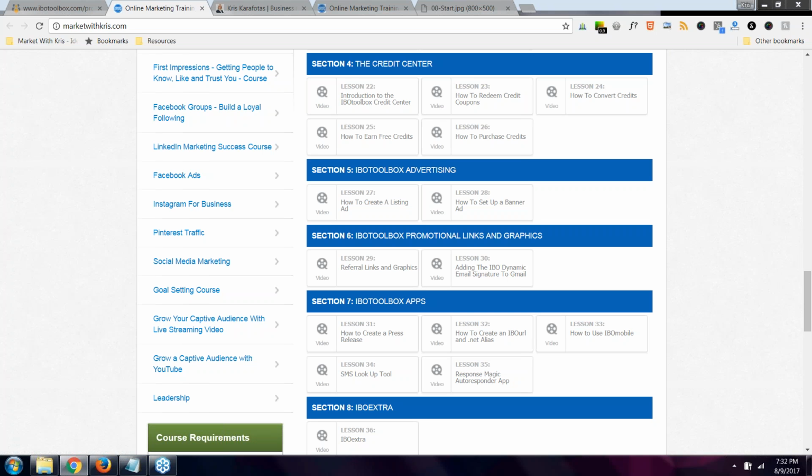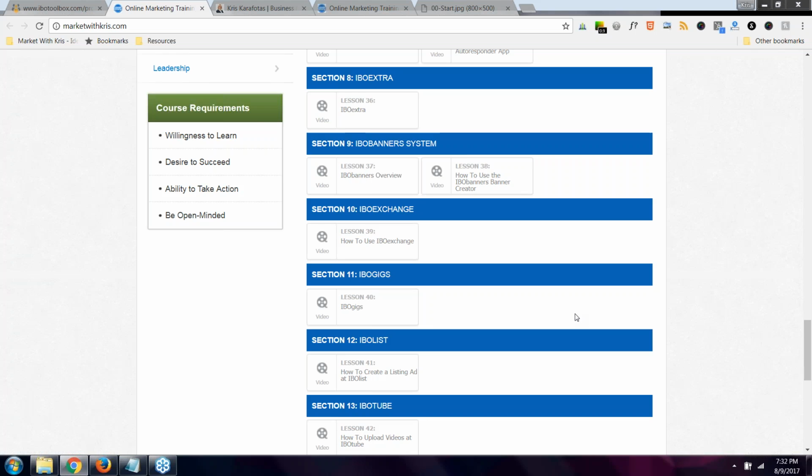And then we've got IBOtoolbox apps, the press release app, SMS lookup tool, creating an IBO URL and .NET alias, Response Magic third-party autoresponder, and then IBO mobile.